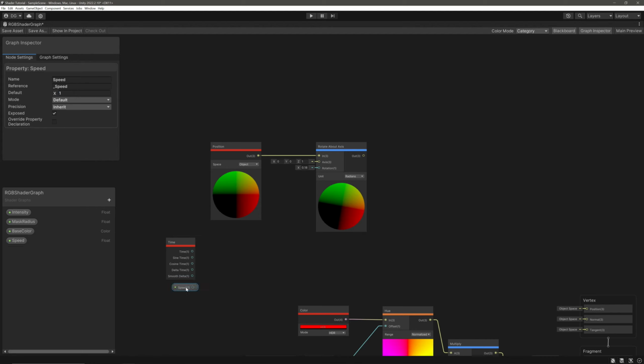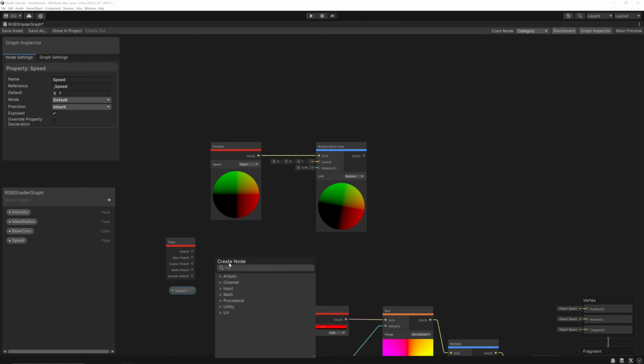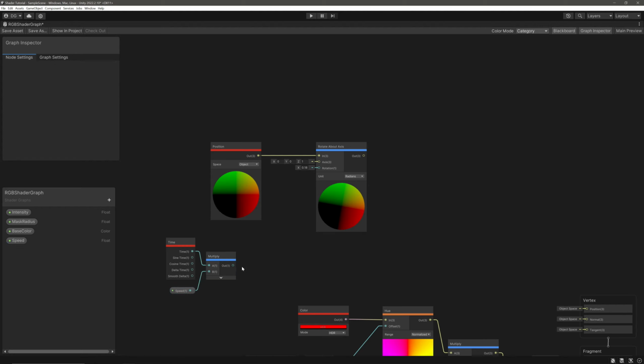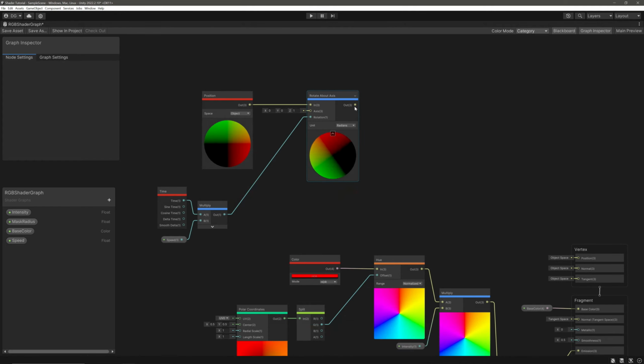Drag it in. Now we will take our time and multiply it with our speed. Then take this Multiply node's output and feed it into the rotation. Lastly, take our Rotate About Axis node's output and feed it into the Vertex context Position block.